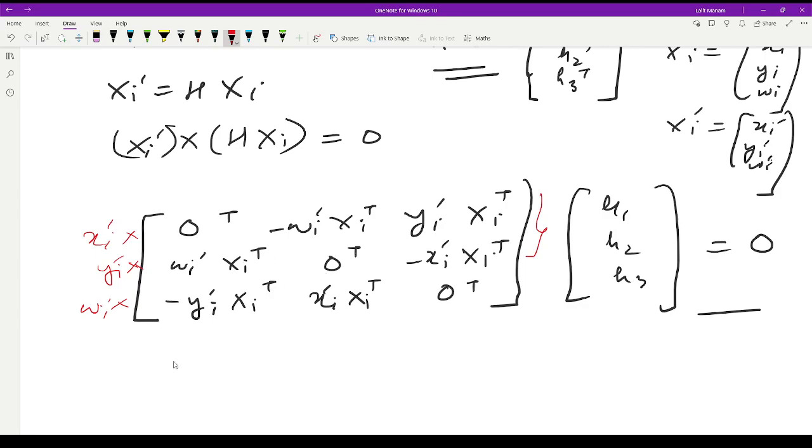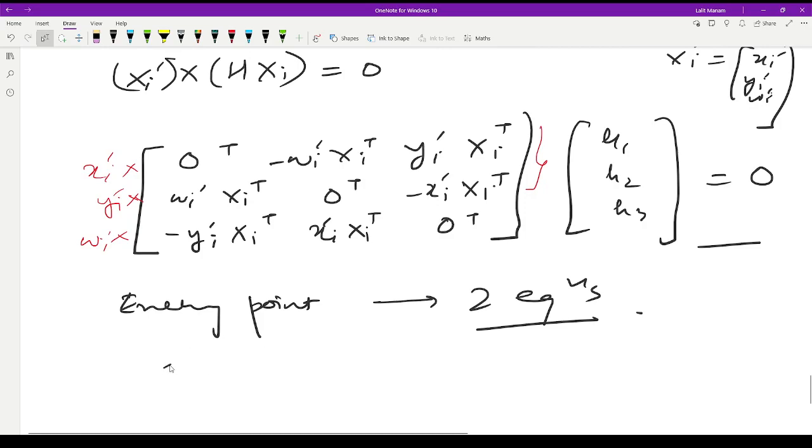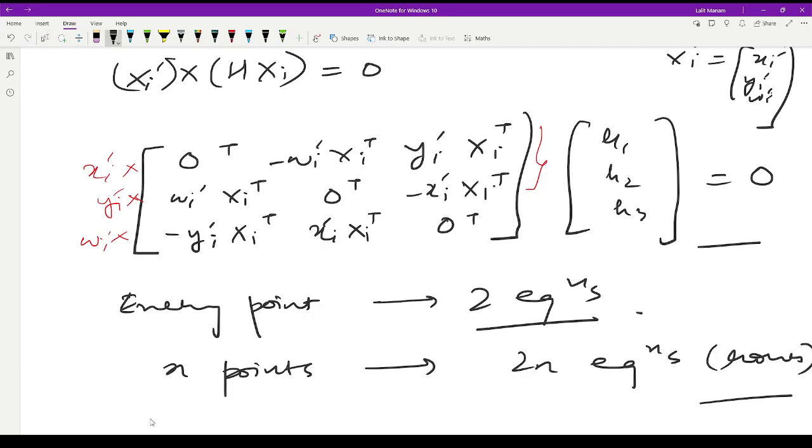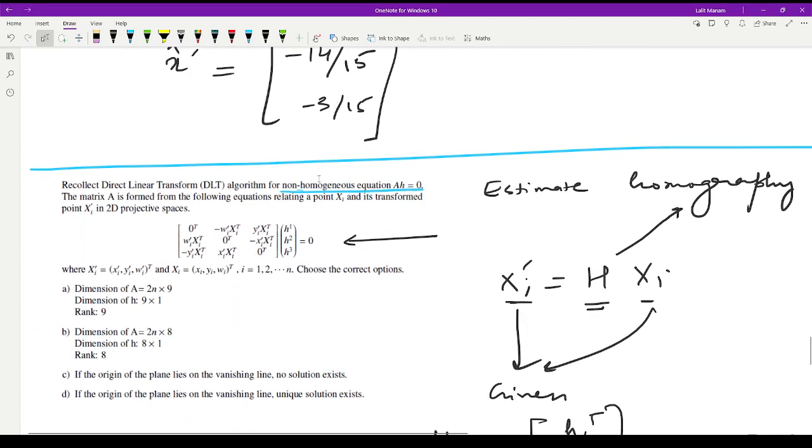So for every point, you have two equations. Is it fine? If you have n points, small n, you have 2n equations. That means 2n rows. What about the columns? We are given in the question that we have a non-homogeneous equation. For a non-homogeneous equation,